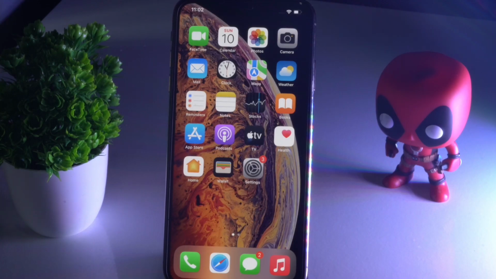In this video I'm going to talk about how to fix iOS 15 Live Text not working on your iPhone after the iOS 15 update. So let's get started. Before getting to this, I would like you to notice that iOS 15